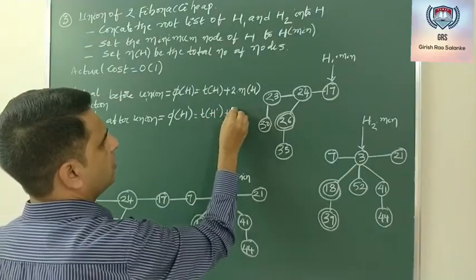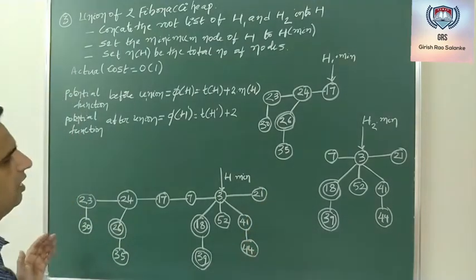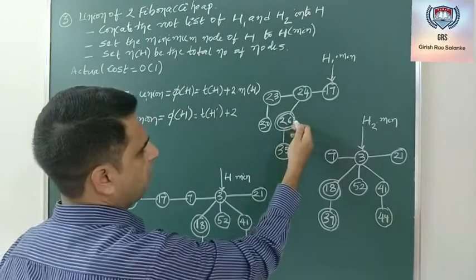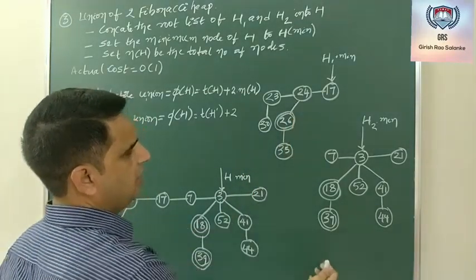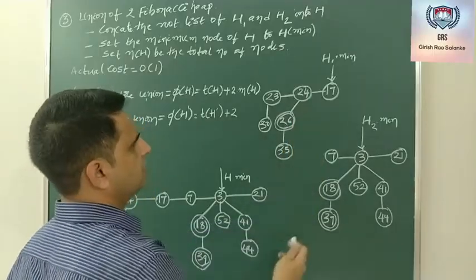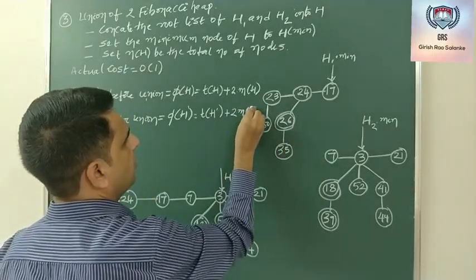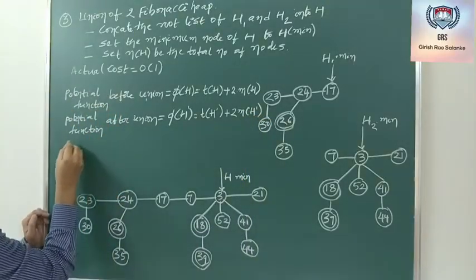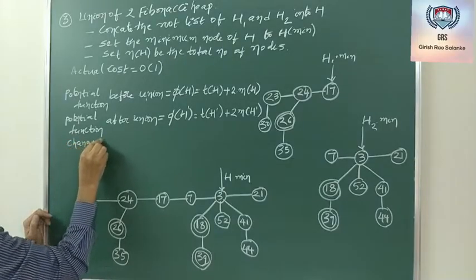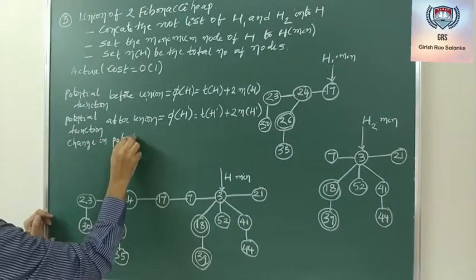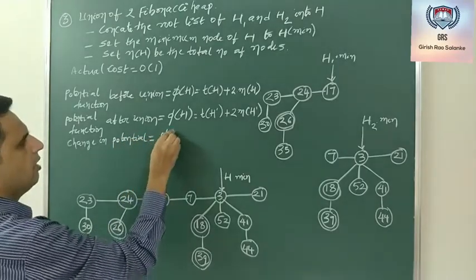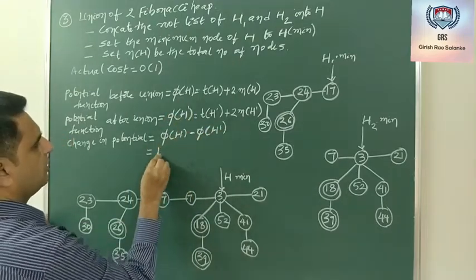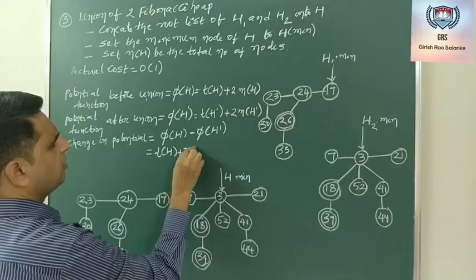Plus, even in this final heap, the number of marked nodes is also increased. The number of marked nodes is the summation of the marked nodes of the first heap and the marked nodes of the second heap. Let me call this M of H dash. Now what is the change in potential? It is pi of H minus pi of H dash. So pi of H is T of H plus 2 times M of H